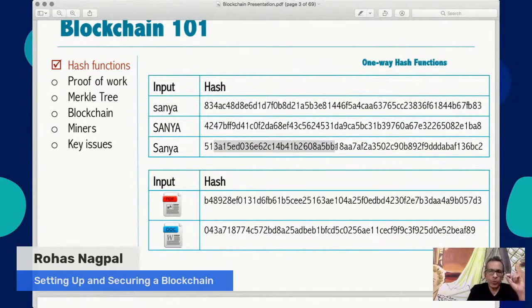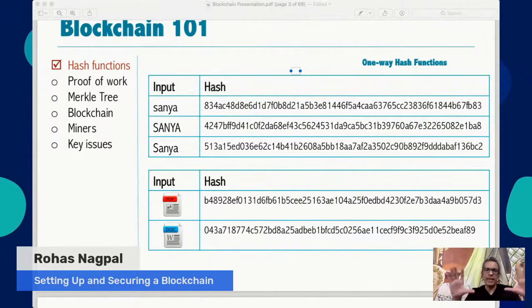Which basically means that if you change the input even by a single dot in, let's say, a 50,000 page document, the hash output will immediately change. And these are called one-way hash functions. So you can always take an input, feed it into the hash and get the output, but not the reverse. Just by looking at this output, you are not going to be able to find out what the input was. And this could be done not just for words, but you could take PDFs, Word documents, any kind of an input can actually be used. And in fact, in the blockchain world, transactions which we do, they ultimately also get hashed like this.